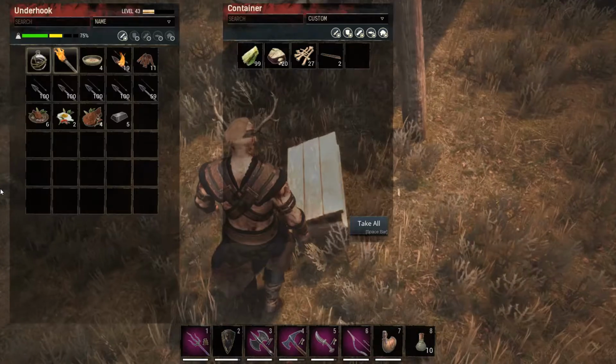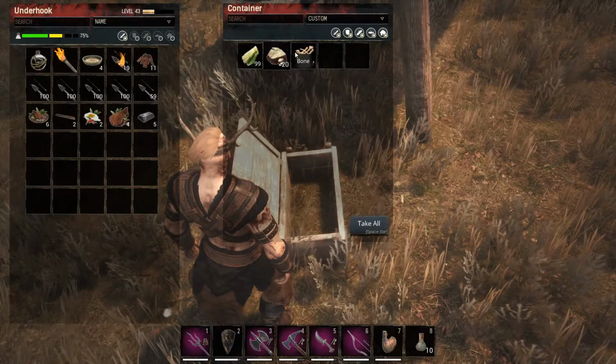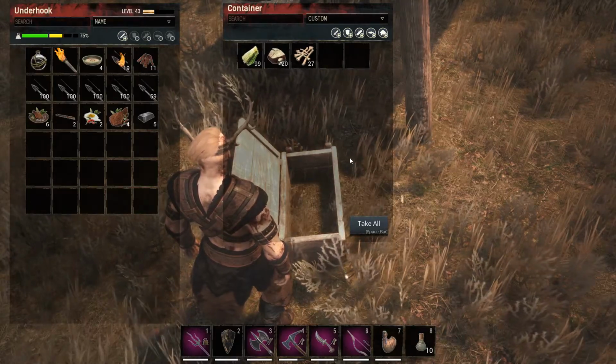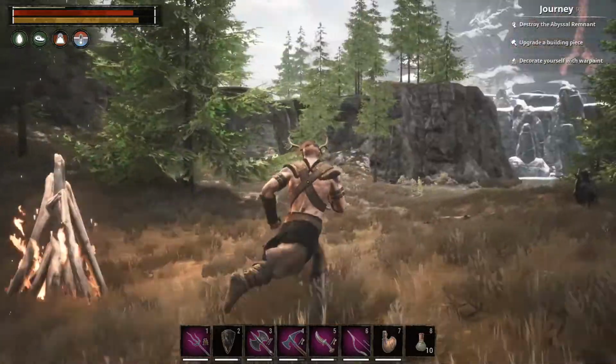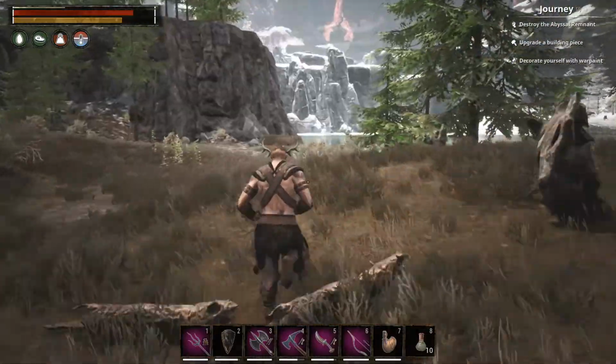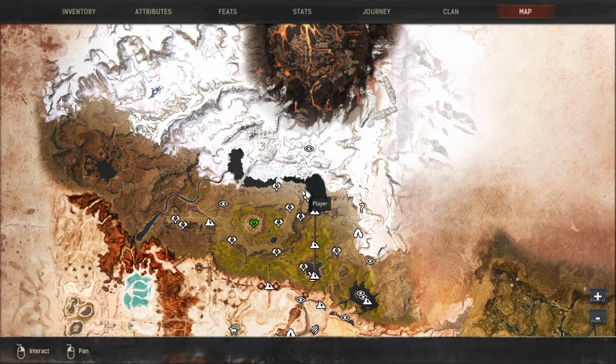Hopefully this chest has some arrows. No. Shaped wood, we'll take that. Alright. We'll make our way around. I'll come back when we get close to the Mammoth. I'll show you where we're going. So we are now here. And I want to go...